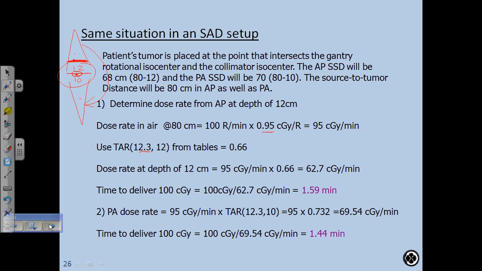Well, in the previous problem, the 12.3 was at the surface, but the field size at the patient's tumor was bigger than 12.3. So you needed a field size that's bigger at the tumor, and 12.3 on the surface just satisfied that. Okay, so the field size at the tumor needs to be a little bit bigger to be able to cover that. Yeah, but in this problem, the SSD in the previous problem was 80, but now you put the tumor at the 80, you get our SAD setup. The distance doesn't change. Right. So we got the same